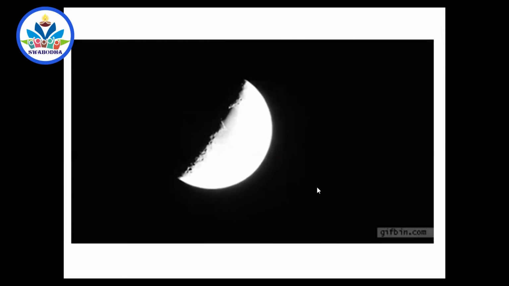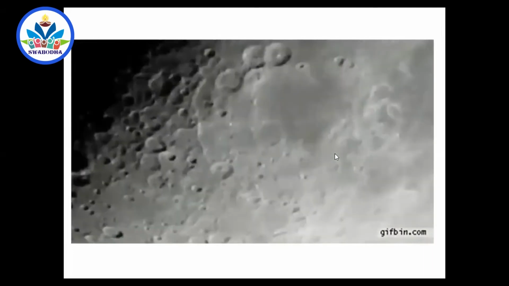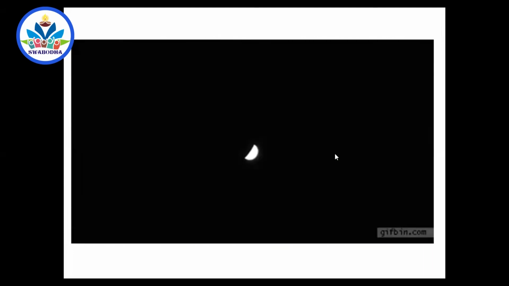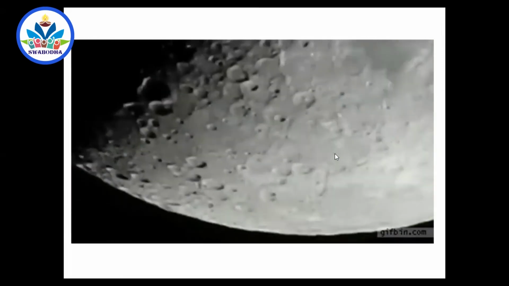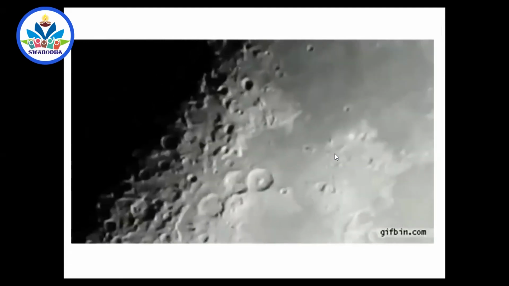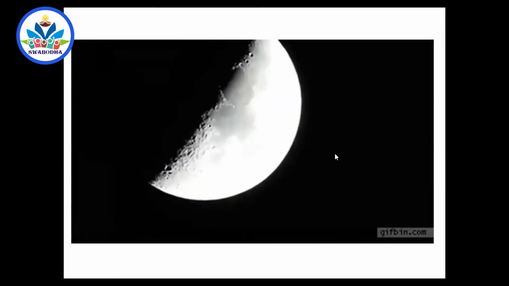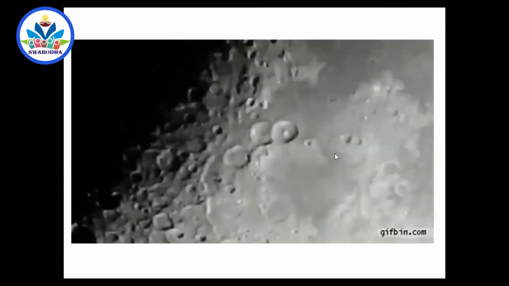Actually, telescope doesn't magnify the image of the moon. That means it doesn't form the image which is larger than the size of the moon. Image of the moon will be always smaller than the moon itself. Whether you look through the telescope or whether without telescope you look into the moon, images are always smaller. But if you compare the images, the image formed when seen through the telescope is far bigger than when seen with bare eyes.